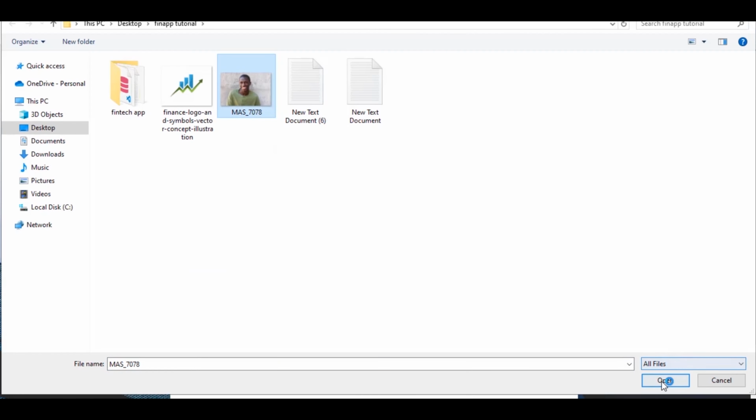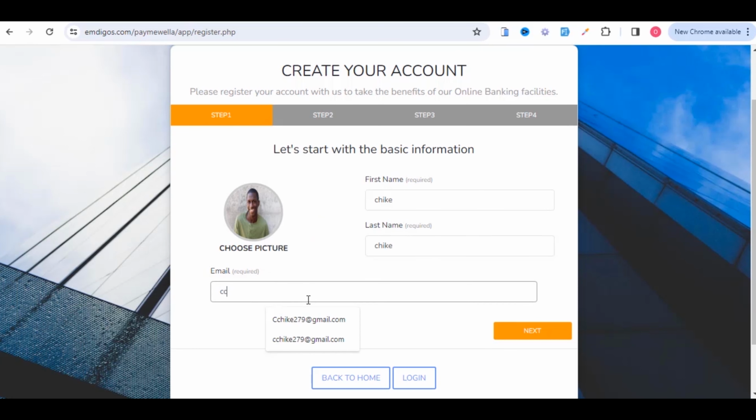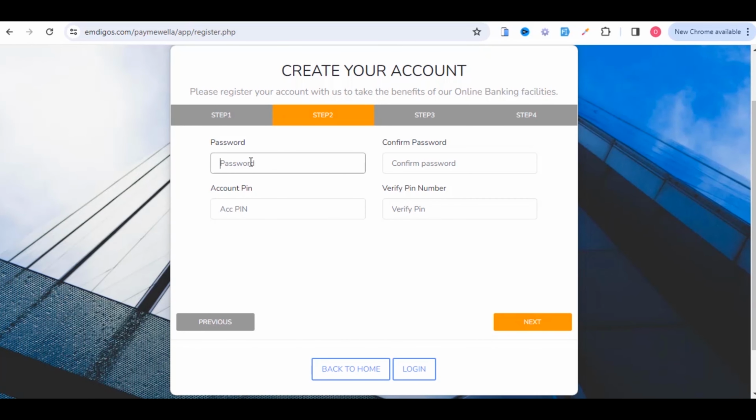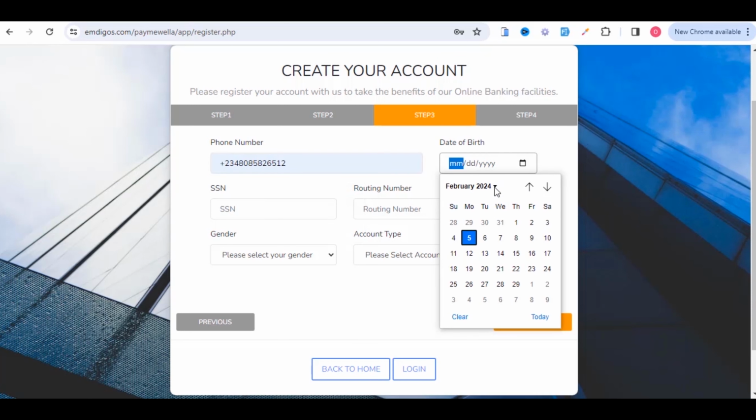choose our picture, then our name, let's go with Chike, then CC Chike. Next, our password. Let's make our password simple, 12341, because this is a tutorial, that is why it is so. Please, when putting your password, put a stronger password, please. I'm throwing more light on this. Put a stronger password. Then your number, you can put anything, then your date of birth,